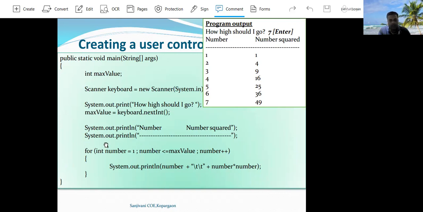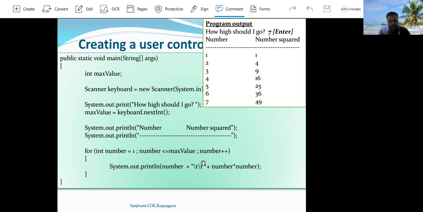For that, the user has to specify the initial value of the control variable as 1. Inside the test condition, they have to specify number is less than or equal to max value. That is, max value is here 7. Then the user has to specify the update statement. In that, the user has to increment the value of the control variable by 1.